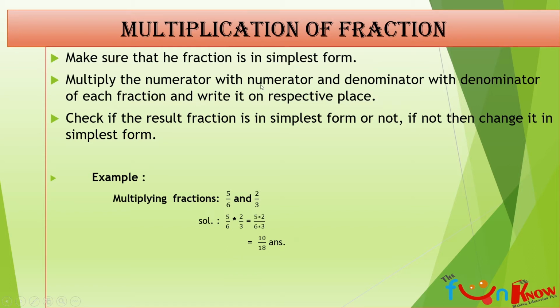The second step is telling us, make sure whatever numerator and denominator is, you have to multiply this numerator and denominator with this numerator and denominator. Just multiply. 5 into 2, 6 into 3. 5 into 2 is 10, 6 into 3 is 18. That's it. Done. This is how the multiplication of fractions happens. Okay. Just multiplying both the terms, numerator to numerator, denominator to denominator of both the fractions. I hope you are understanding.